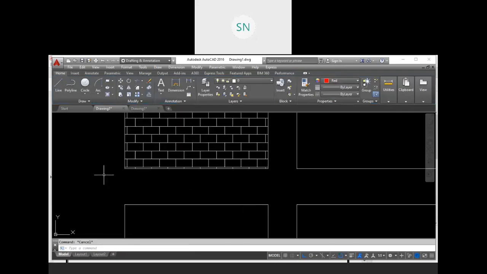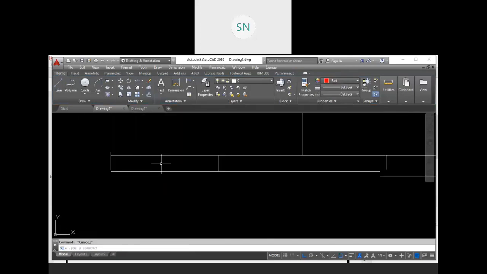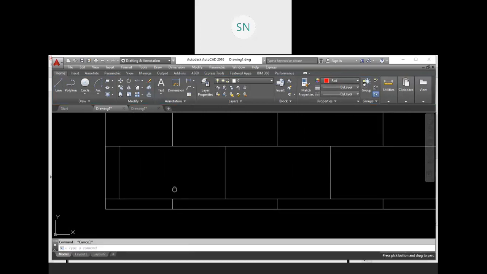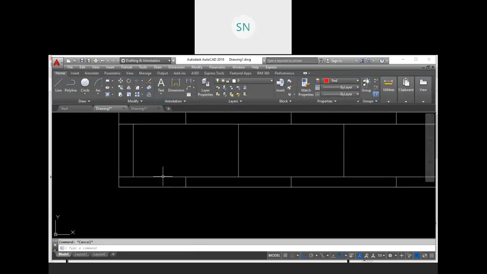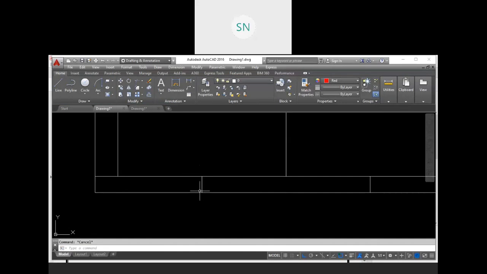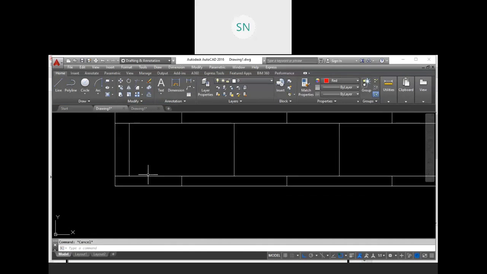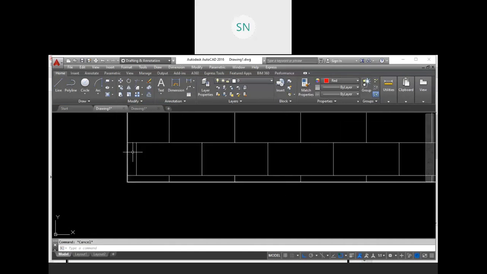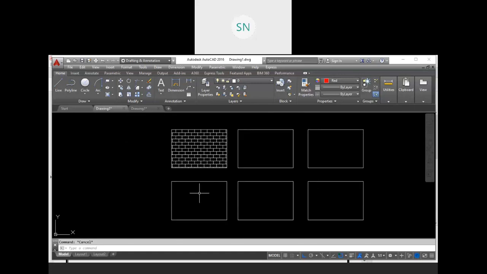But if you noticed, see, our pattern starts with a half brick. See, these are the bricks for us. So our pattern starts from a half brick, and we don't like that. I want a full brick over here at the starting point, right? So that is our pattern's origin. So how do we specify the pattern's origin?